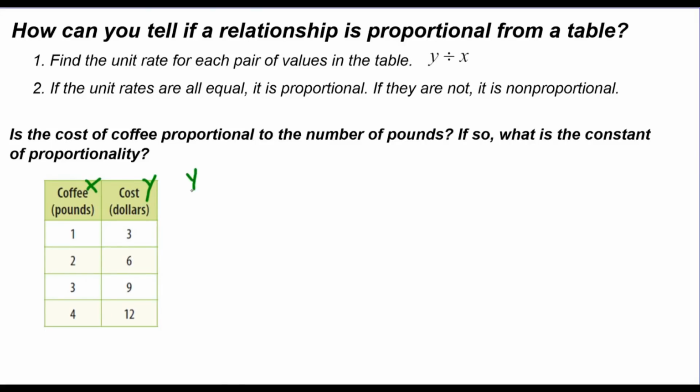So if we look at that ratio of y divided by x to find that unit rate, so basically we're looking for dollars per pound in each one of these ordered pairs, and 3 divided by 1 is 3. So this is 3, 6 divided by 2 is 3, 9 divided by 3 is 3, 12 divided by 4 is 3. So you'll notice that that ratio, that unit rate, is always the same. It never changes. It's always 3. So our constant of proportionality is 3, but what does that mean? $3 per pound. So we would say, yes, this is proportional, and the constant of proportionality